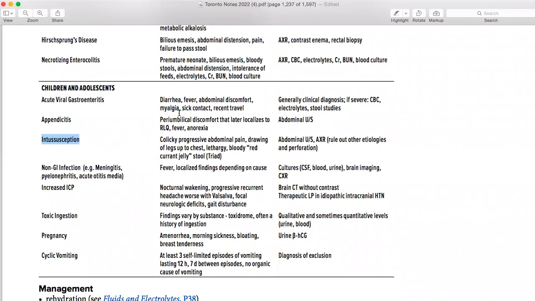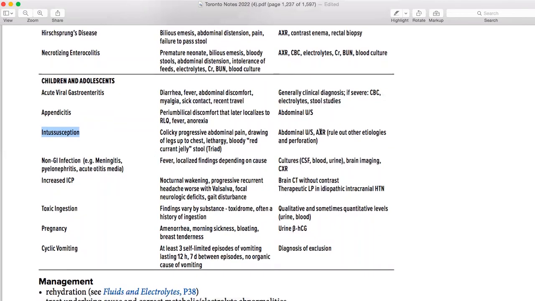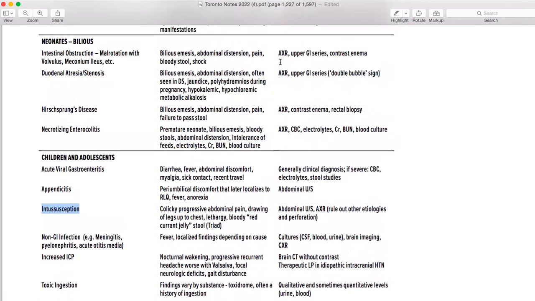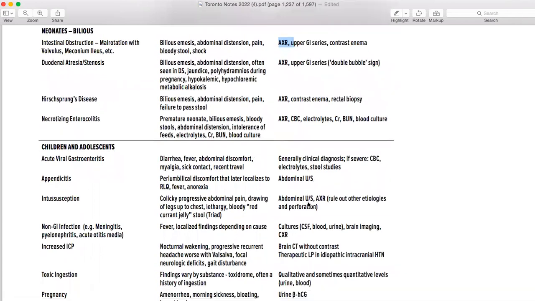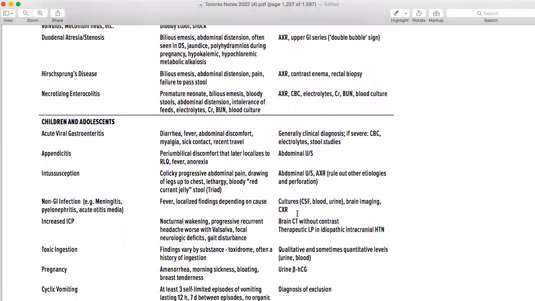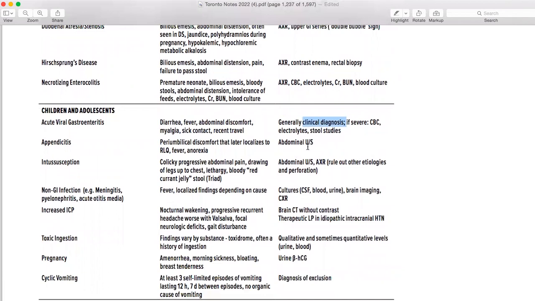Then coming to appendicitis, then ultrasound and intussusception, you are going to do ultrasound, abdominal x-ray. So as you can see, the presentation here, we are going to do ultrasound, but here we are doing abdominal x-ray, okay? Sorry, it's not abdominal x-ray, ultrasound, sorry. Here we are going to do abdominal x-ray, and then here is basically ultrasound. Then viral gastroenteritis, you don't need to do anything. You just need to do a whole septic workup and see if there is anything going on. Mainly it is basically clinical diagnosis, okay? Then appendicitis, you do ultrasound.